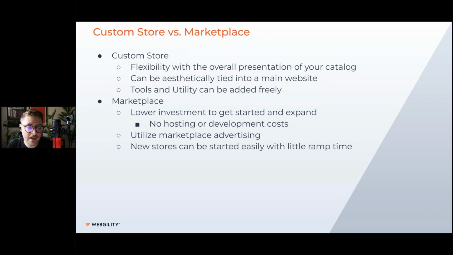The benefits of having a custom store are the flexibility with the presentation of everything in your catalog. So you can take a lot more control over the color scheme and the branding, where things are positioned on the page, how big things are on the page. You have complete control over everything for the most part. And that means that you can aesthetically tie it into your actual website